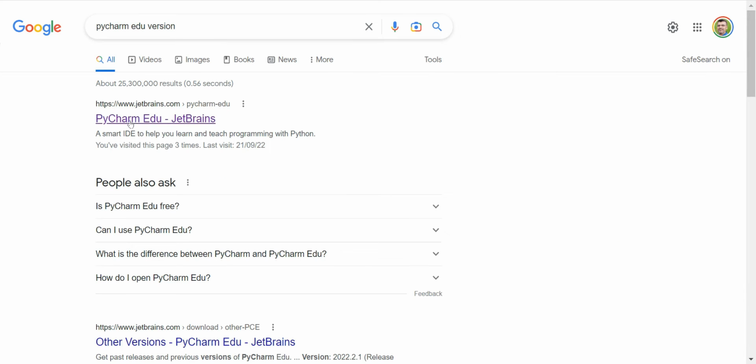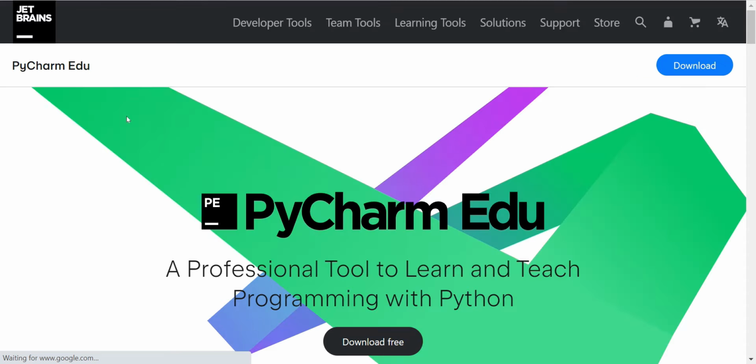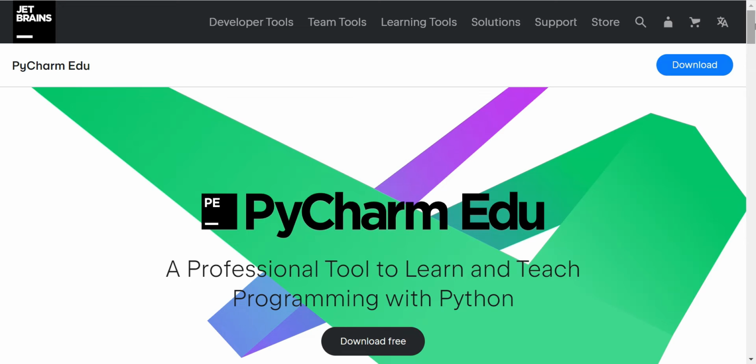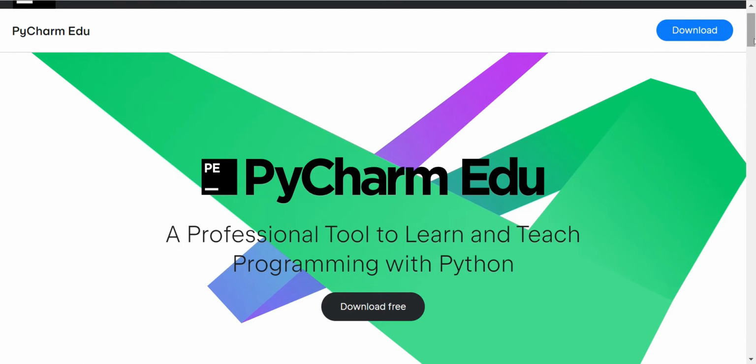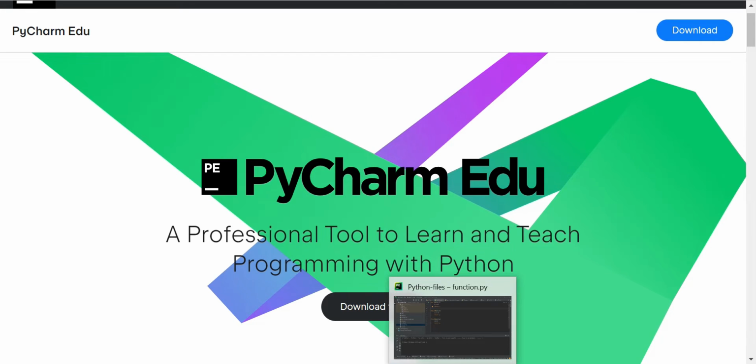You will click on the edu version, and then you will download it from here, and after you download PyCharm, it will be visible for you